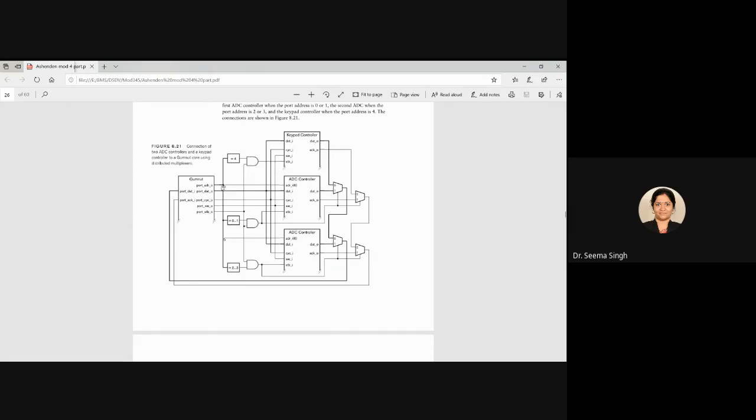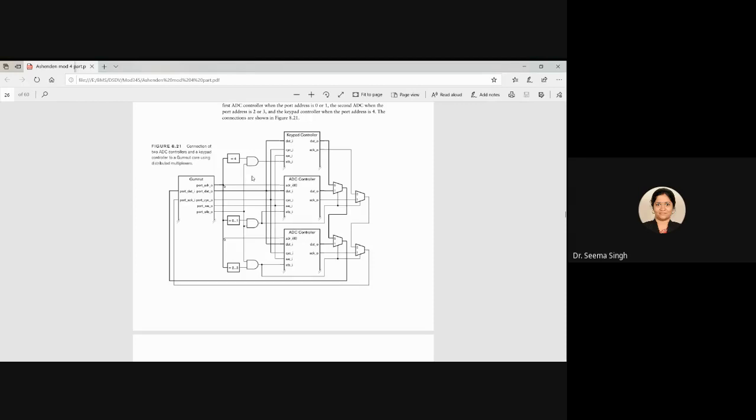You can see this port address out as well as port strobe out is being connected to all the three IO controllers, and this only will be taking care. So you can see port strobe out is directly connected to all the three. Port strobe out, that means Gumnut processor is trying to control some IO controller. It can be any IO controller. So this high will be going to all the three AND gates and in turn to the strobe input of each IO controller.